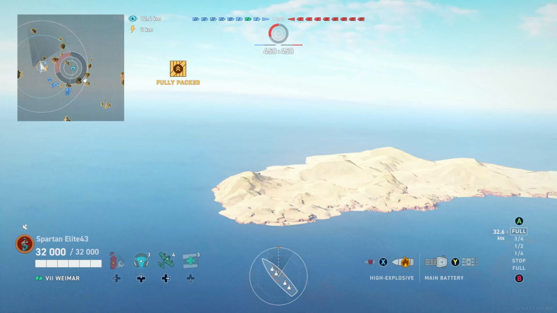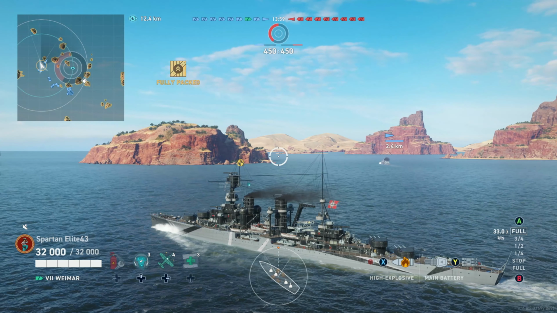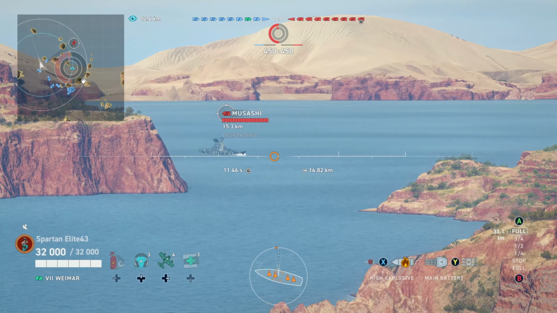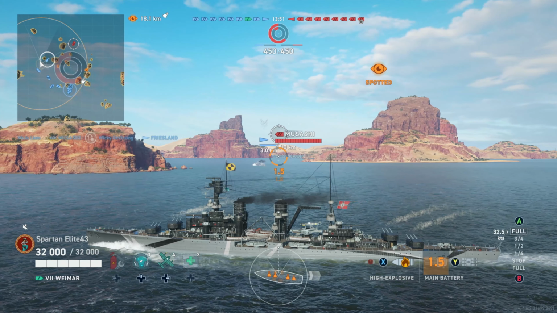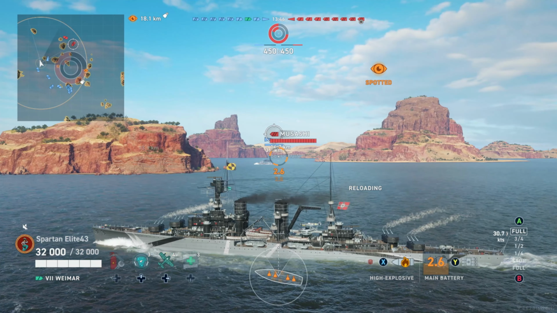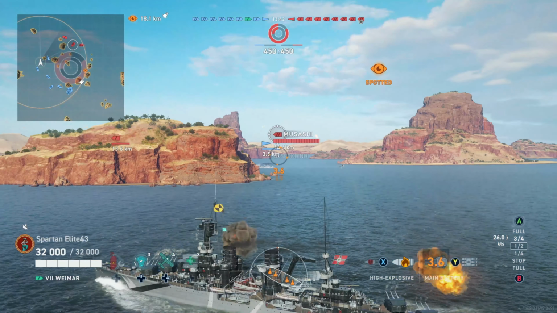Now, the Friesland is going to push out into the middle. He's going to spot some Musashis right off the bat. I mean, the game is completely full of them. Now, notice what the enemy destroyer is doing. He's capturing the base. Not only him, but he's also going to have all these Musashis charging straight into the cap. Now, this is going to lead to a very, very dangerous situation for me, because I've got a Musashi